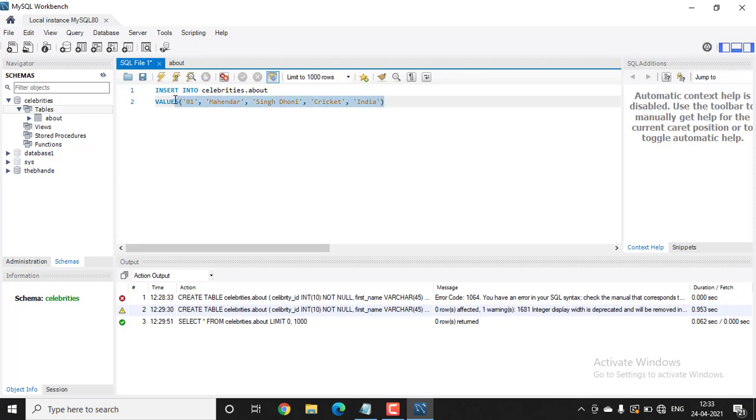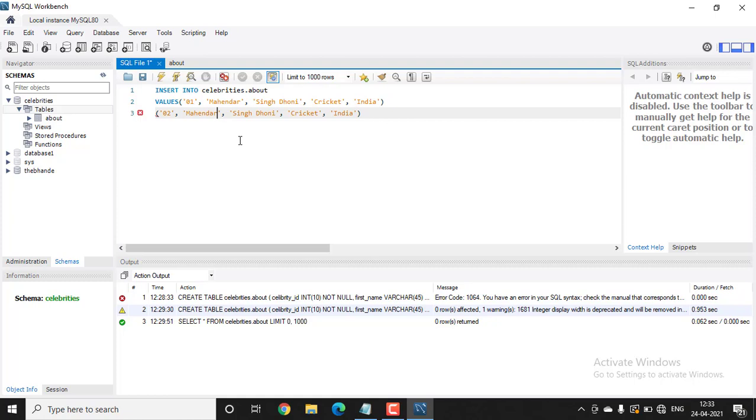If you want to add one more value, then select this, go to next line, and then paste this and edit this value.